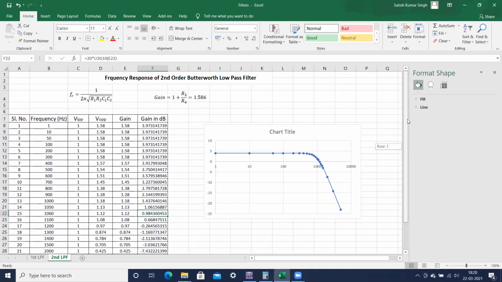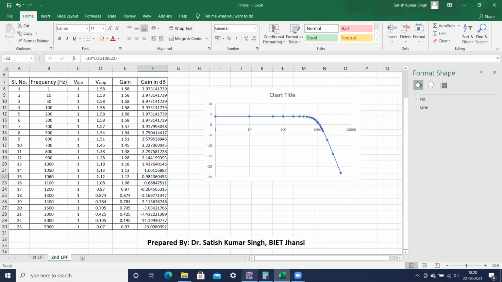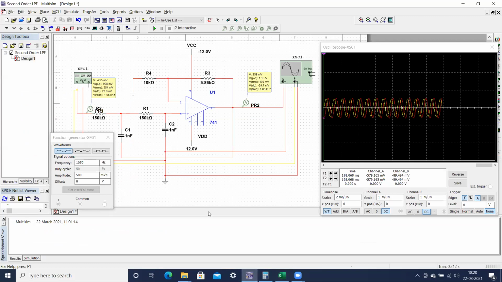Fine. So I hope this video lecture will be helpful for designing your low pass filter. Remember that designing a filter to a particular specification is very important, because in analog communication we have to design filters of different specifications multiple times, based on performing different experiments. So because of that, this experiment is very basic and very important. Once you are able to understand this particular experiment, only then can you proceed further and design new, different experiments.